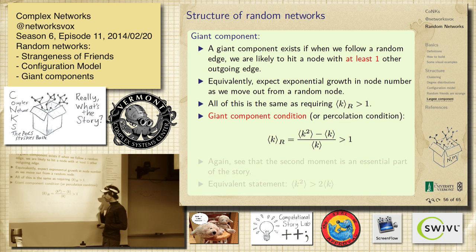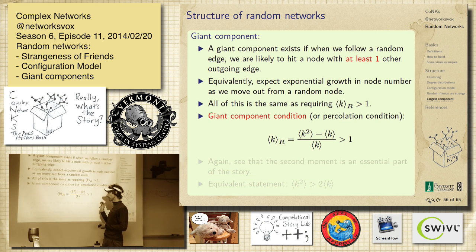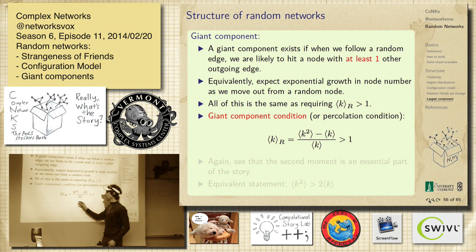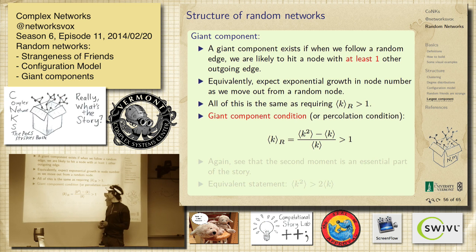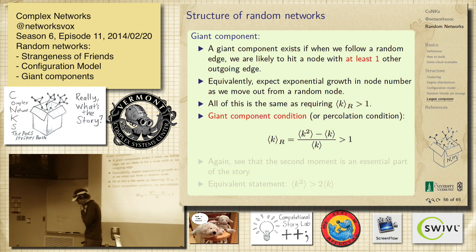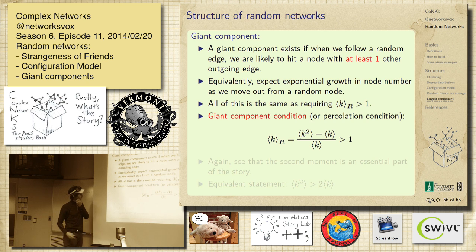We'll frame this in a clearer way. I'm going to have a whole body of stuff later on which gives you more. We've just derived this, but we'll give it a much more physical kind of explanation. So it's this. This is a well-known result now. Simply that this is greater than 1, this is the thing we found before. It's the second moment minus the first moment divided by the first moment. As long as that's greater than 1, there is a giant component. So this is a nice little test.